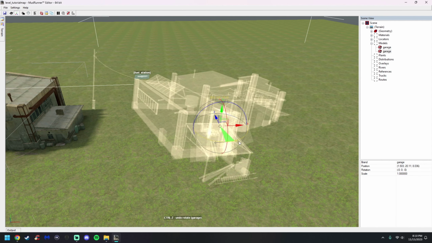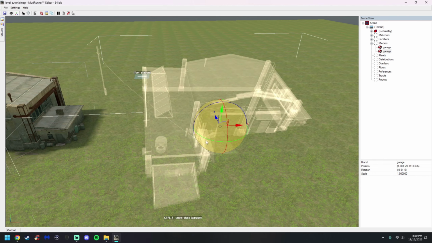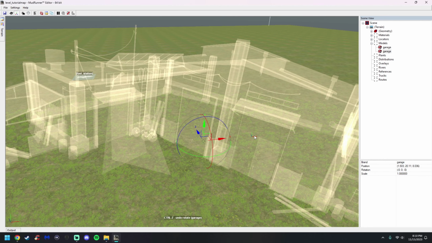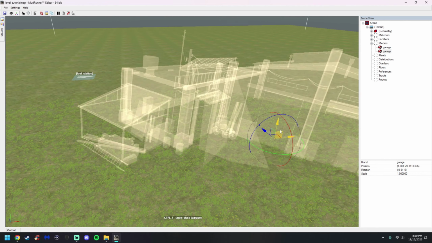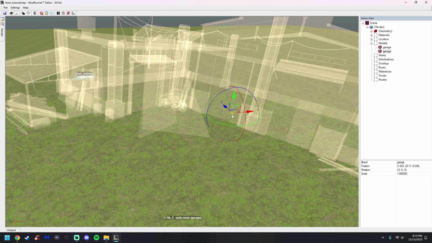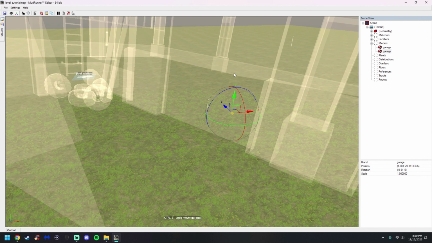What I didn't show you guys was if you click just in the yellow, I think I showed you that, but if you zoom in and you got these little squares that light up right here, this is just to freely move it around. I don't think I showed you guys that. And this little diamond in the middle, I don't think I showed you that in the last video either. So what that does, if you highlight it and hold your left clicker, it'll just shrink the model and enlarge